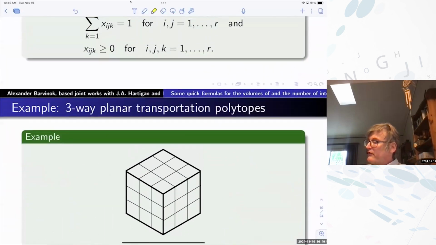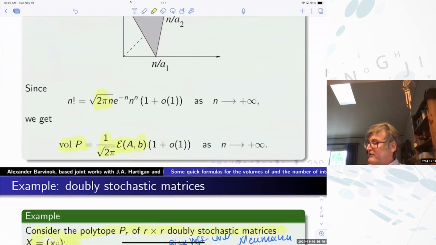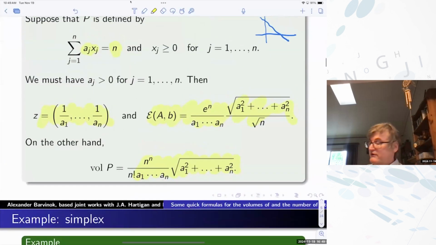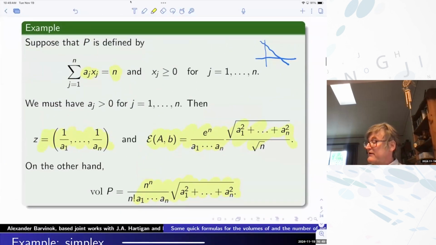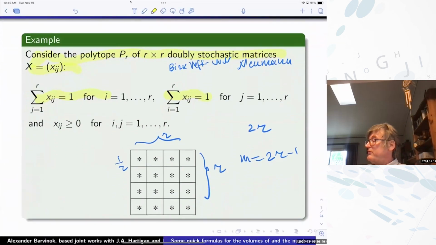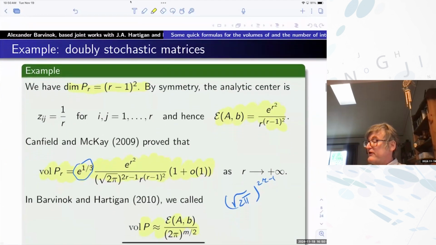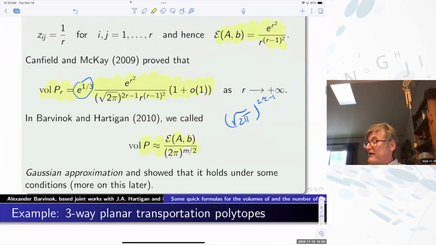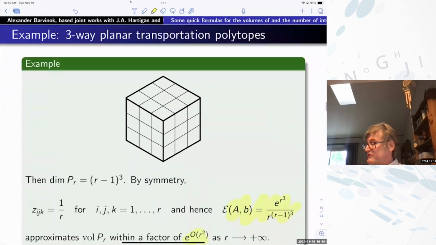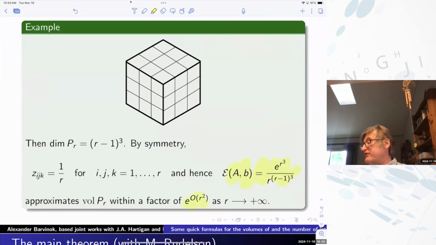So these are three examples. So we started with this. Sorry if that makes you dizzy. We started with a simplex. Then we went to Birkhoff von Neumann and to the doubly stochastic matrices where we know exact asymptotics. And then we went to some generalization, extension rather, where the formula that I advertised is the best known. Right. So any, again, objections?